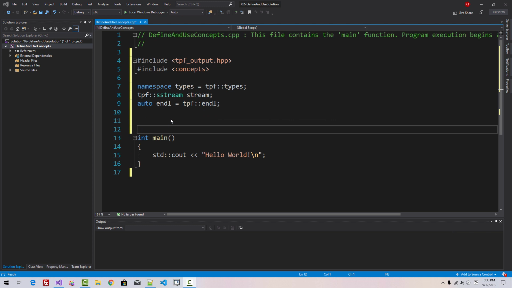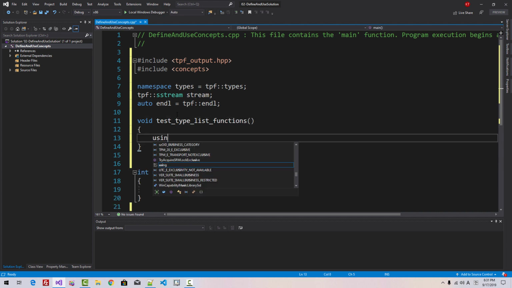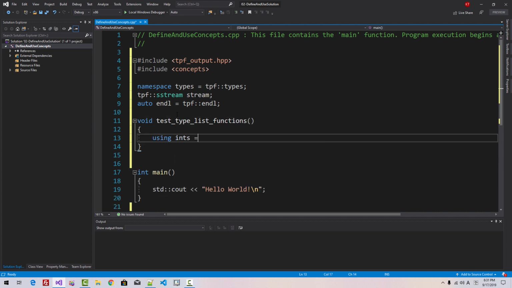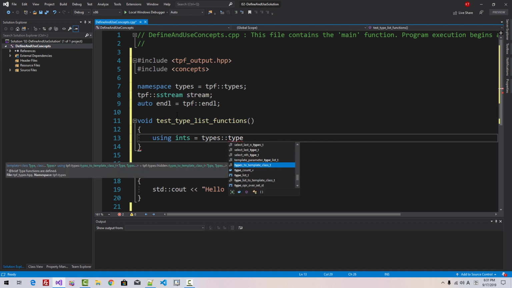If we combine type list and type list functions with C++20 concepts, then we can create really cool C++ programs. Sadly, type list and type functions for type list are not included in the C++ standard. So I created my own type libraries. Void test type list functions. Using ints, we define integral types like this: types, type list,